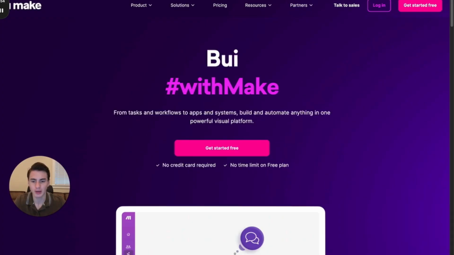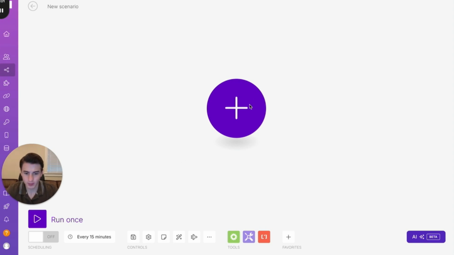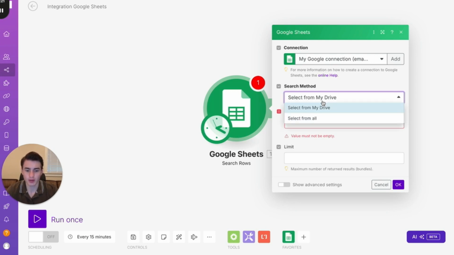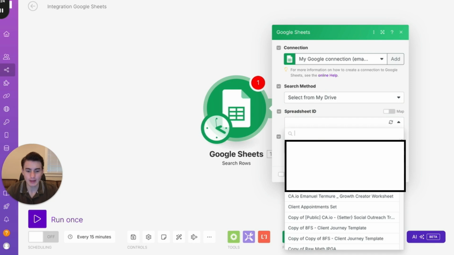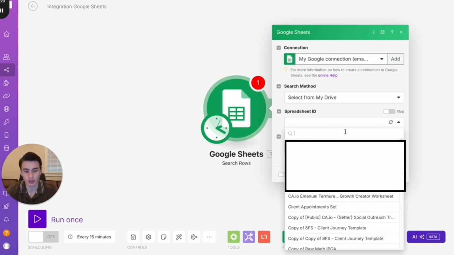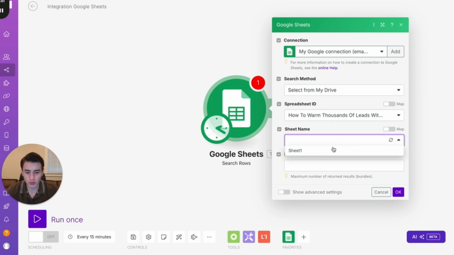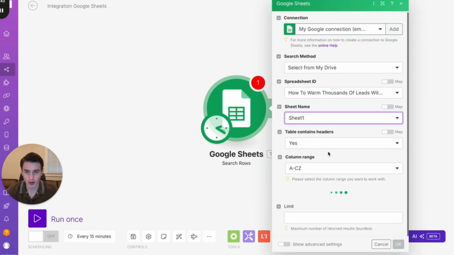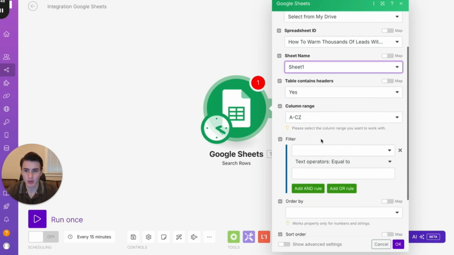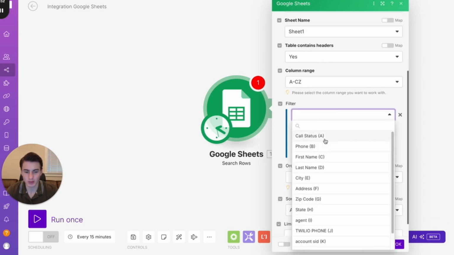Now we're going to go to make.com. We're going to log in. Just click plus, go to Google Sheets, click search rows, and then click from my drive. And then look up how we labeled our sheet to warm thousands of leads with AI, and then sheet name 1, and then table contains headers yes, column range is going to be A through CZ, filter is going to be call status,